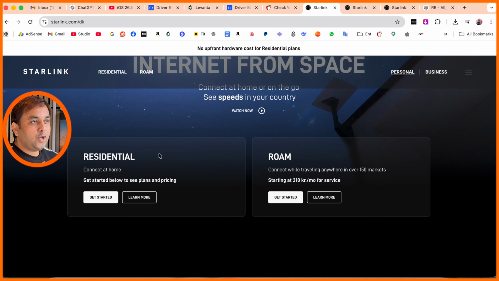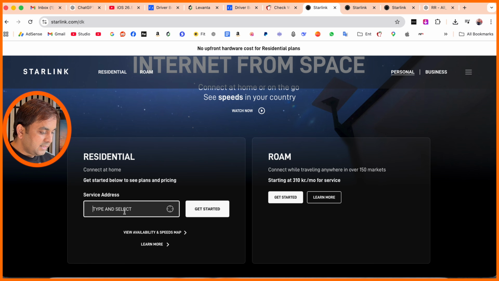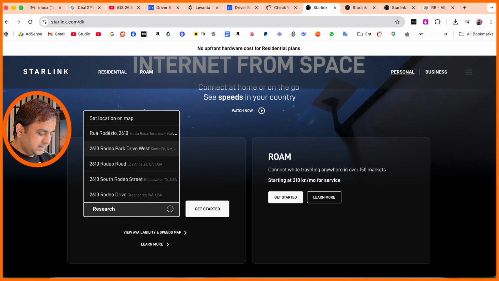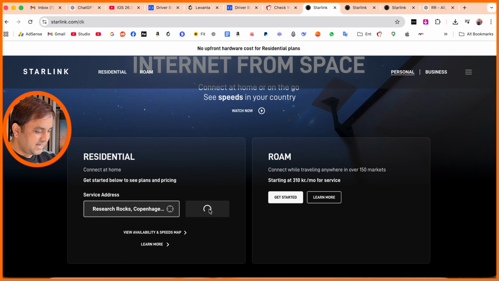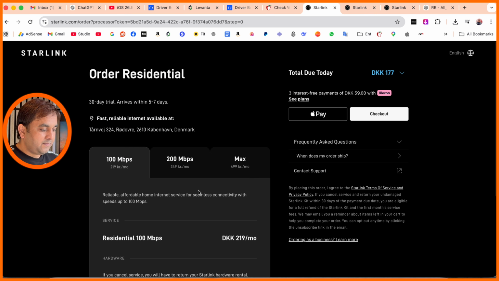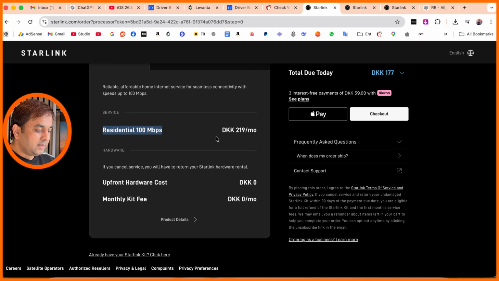The residential plan is for your home, and the roam plan is from a tourist perspective, going from one location to another without any restriction. This plan is most of the time expensive compared to residential. So if I click residential, get started, and I type in Research Rocks and my address, get started, I can check the plan. If I purchase the residential kit, I need to pay here every month